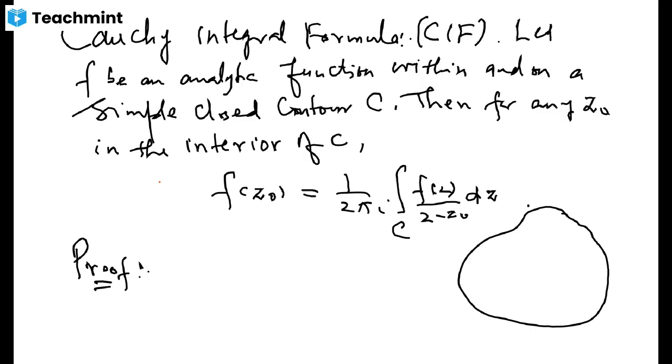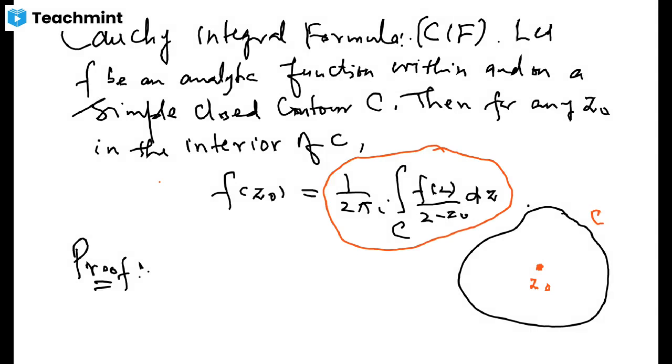Okay. So this is the contour C, and the hypothesis is that this function is analytic on this contour C, and it is analytic on the contour and inside the contour. It's analytic at points of the contour also, and inside the contour also. Then if you choose any point in the interior part, the value of the function inside this contour is completely determined by the values of the function on the contour.